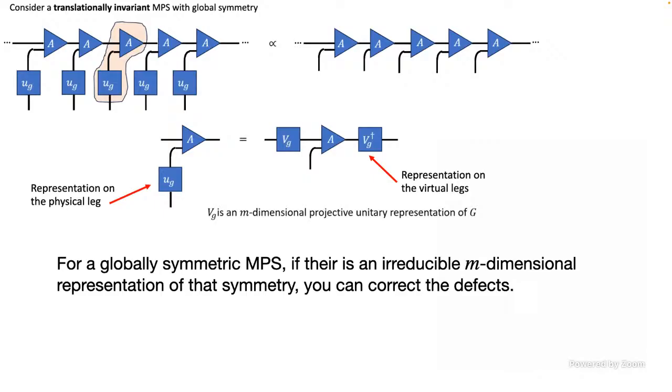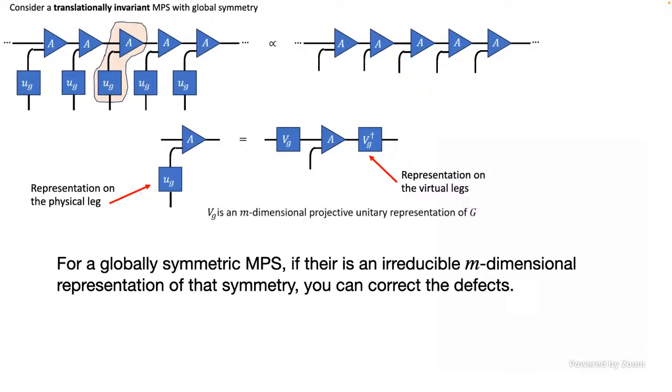Okay, questions about this? So actually, I think projective representation is what you care about, or is it representation? Because for this MPS symmetry pull-through, the projective representation is actually what you can get, right? But you've got to have an n-dimensional projective unitary representation. It's got to be irreducible. Yes. And that's because if you don't do that, you can't end up with a POVM that measures into this group. When you produce the defects, they're not of the right kind. That's sort of the thing. Great, thanks. Other questions?